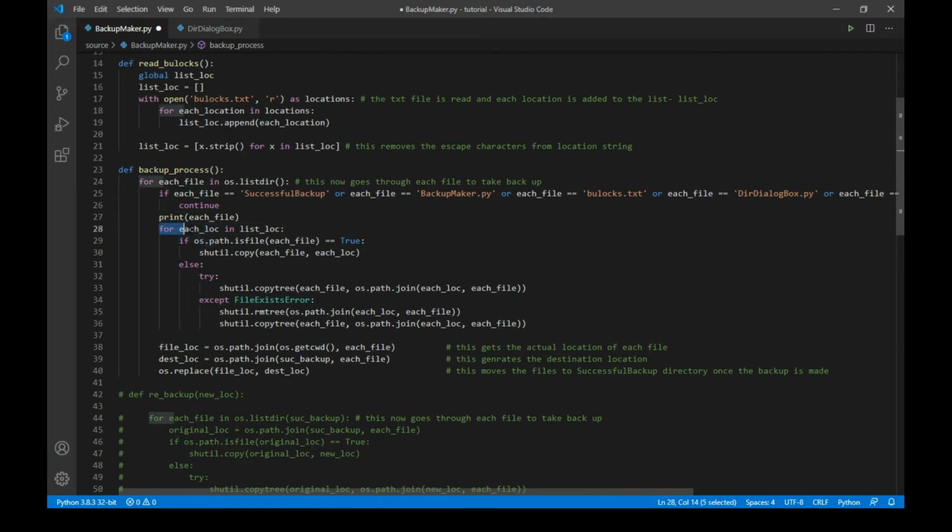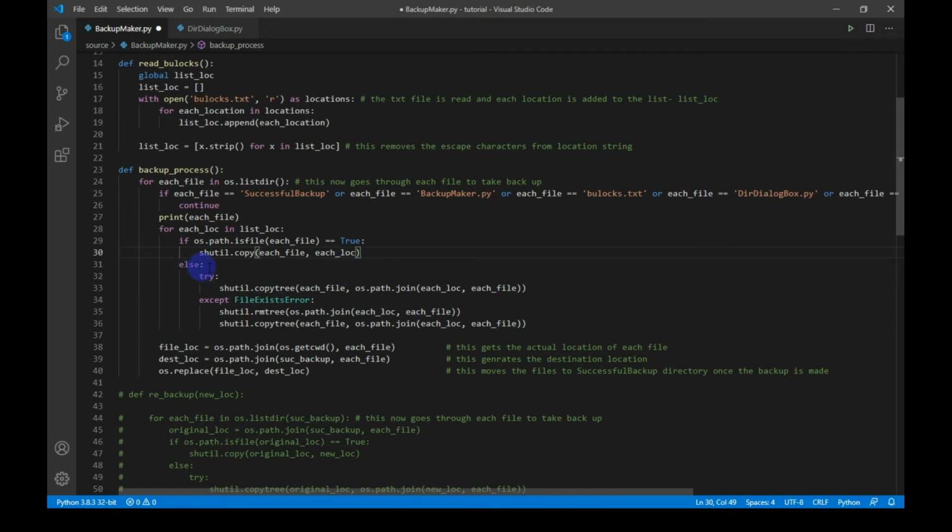Now this for loop will create a backup in each location mentioned by the user present in list_location. This if condition will check whether each_file is a file or directory. If it is a file, the shutil.copy method will work and the backup will be made in each_location.